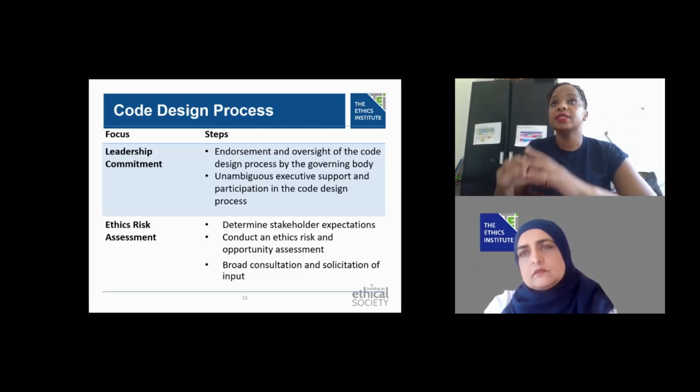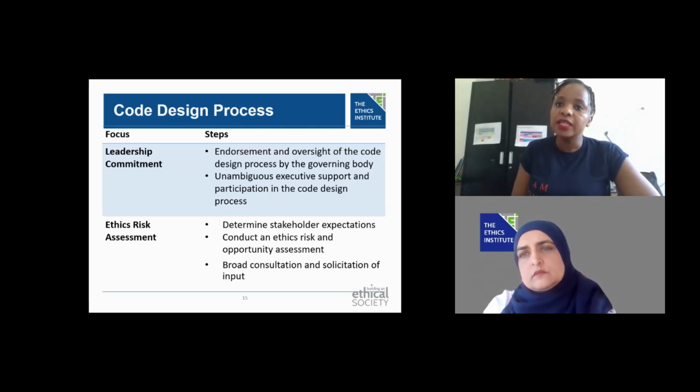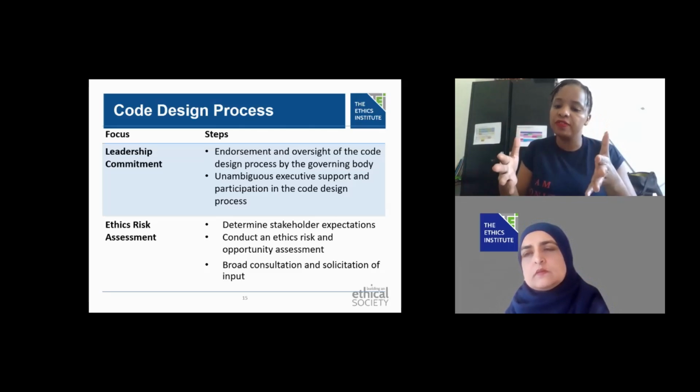Once your code is finalized, and this amazing team has managed to make this happen, leadership needs to approve it. My advice is that the first people to be trained on your code of ethics need to be your leadership, because they're the ones who need to now start living all these values or principles that you've now codified.